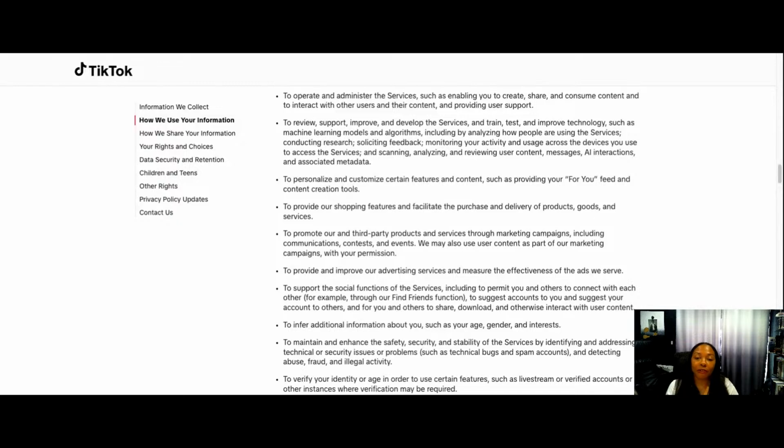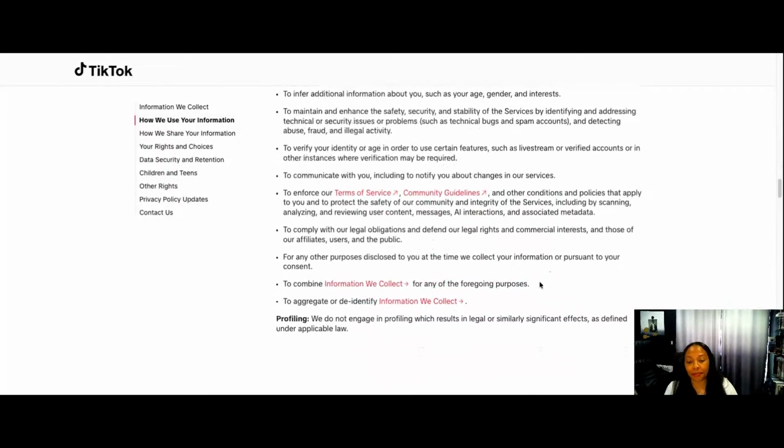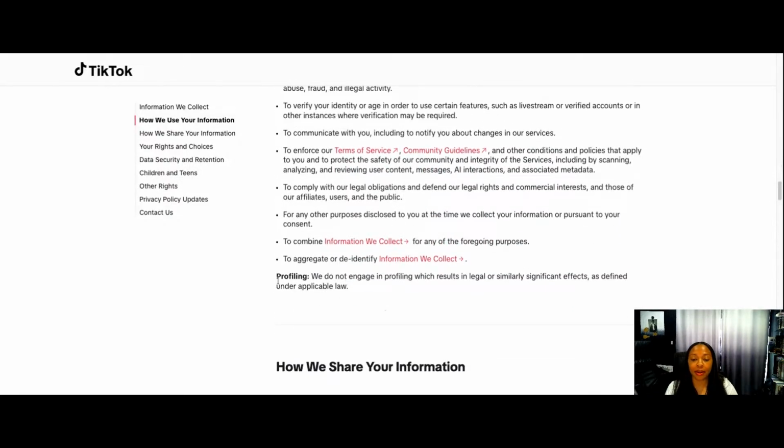Now, the profiling statement, the statement right here: we do not engage in profiling which results in legal or similarly significant effects. This sentence right here trips people up. So let me be very, very clear. This does not mean that TikTok doesn't profile